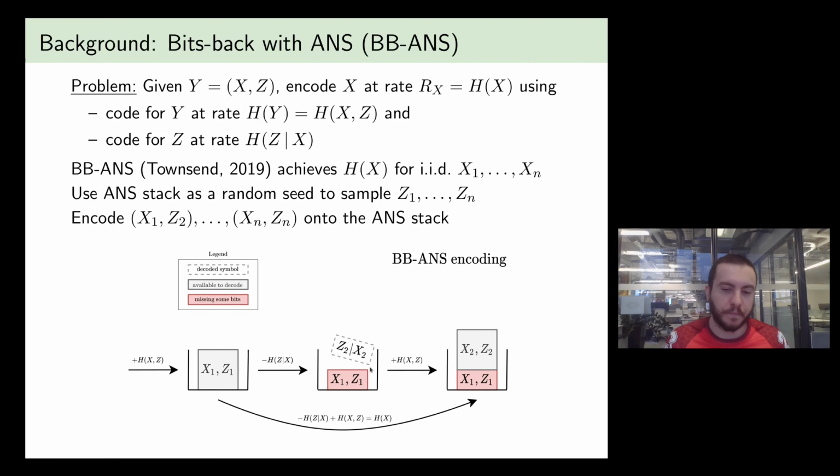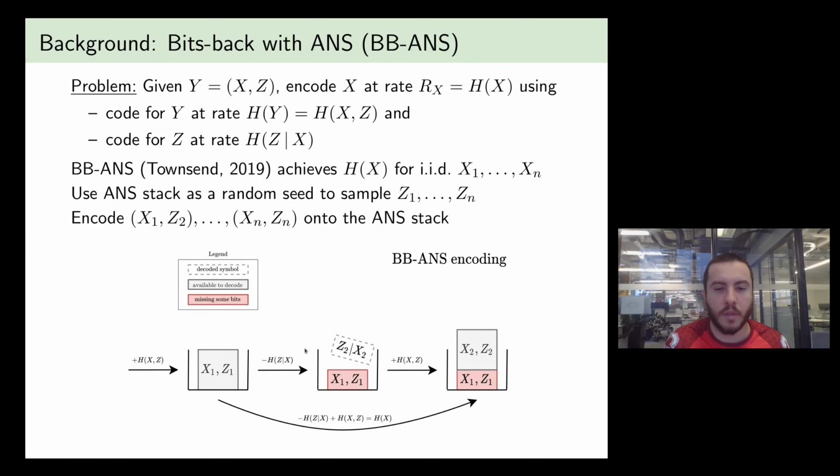After we've performed this step, we're left with fewer bits on the stack, and now we have some value of Z2. Now we pair that up with X2, and we encode it on the stack using the code for Y.